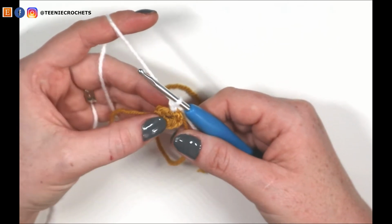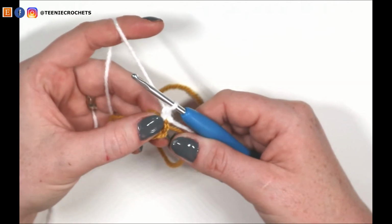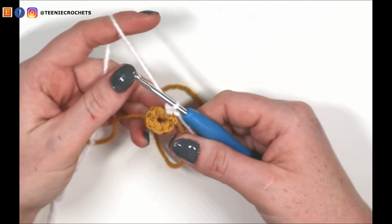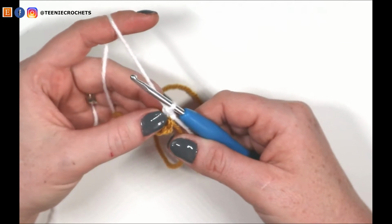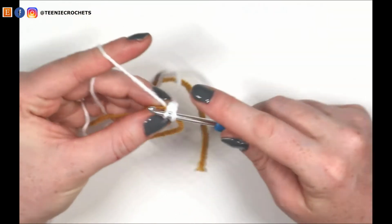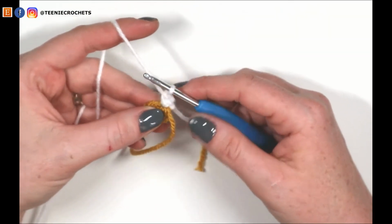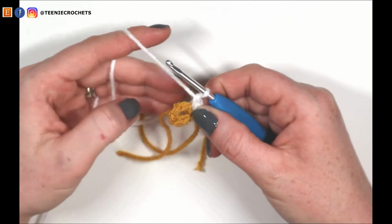So for the next round, we want to increase from 6 stitches to 12. So to do that, I'm going to do 2 single crochets into every stitch, and I've already done 1 single crochet into this stitch, so I need to do another one. So that's 2 single crochets into the first stitch, and I'm going to continue and do 2 single crochets into